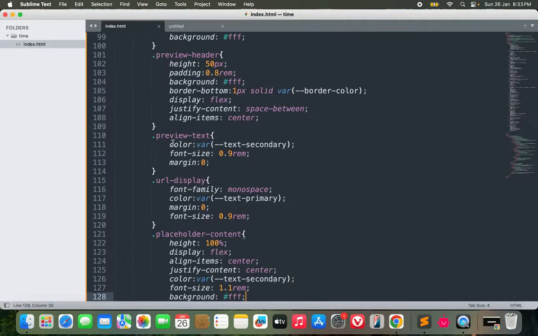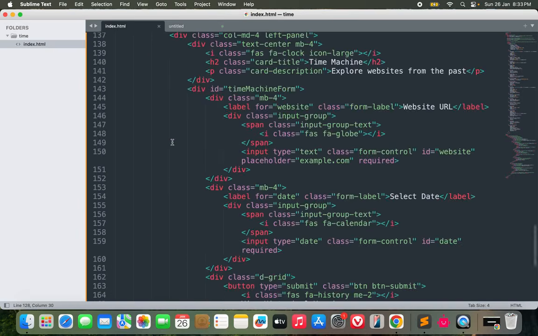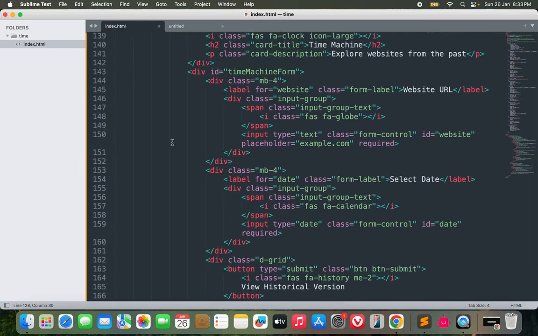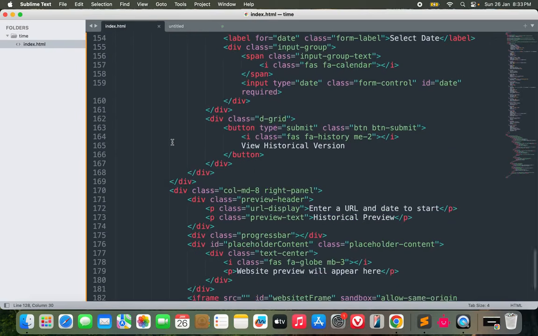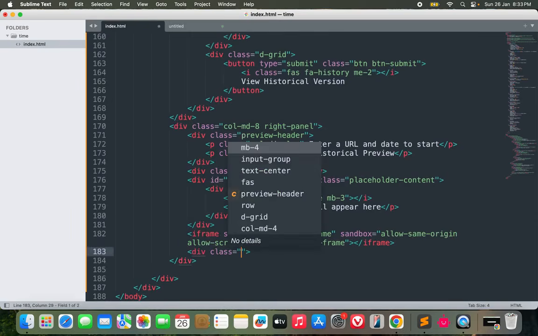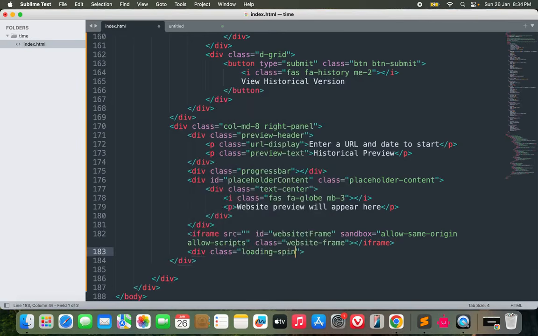Okay, we still have this overflowing, right? Let's see. So what are we missing right now? Maybe we need to provide some loading icon as well. So let's add one after the iframe. Class equals loading spinner with id equals loading spinner, and it will have